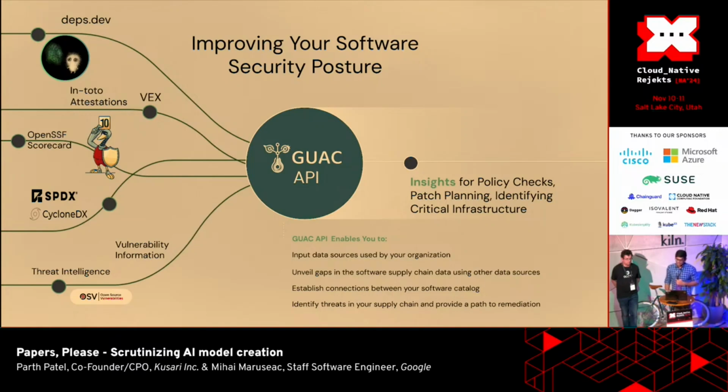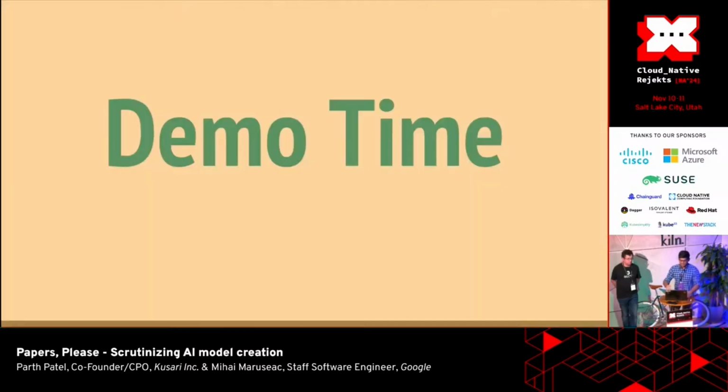And one of the things we'll get to is, for example, let's say the data poisoning example happened, right? Let's say one of the data sets was compromised. Then how do you know where you used that data set? Can you find out quickly, instead of a guessing game, because you might not know exactly what data set went into the model to get it trained? But if we're combining SLSA, SIG-store, and GUAC, you can query for that specific data set and find exactly which model is actually being used by it. So let's jump into the demo here.